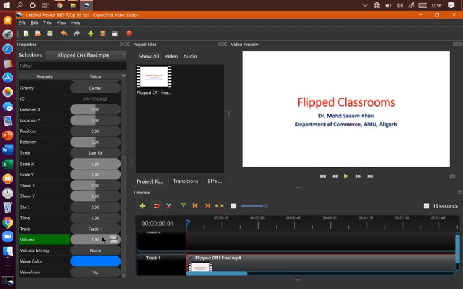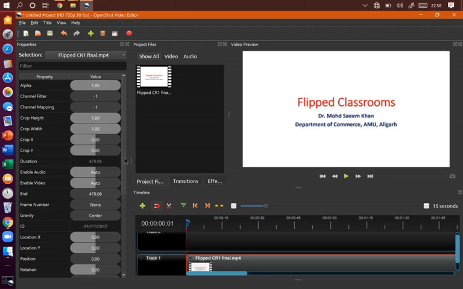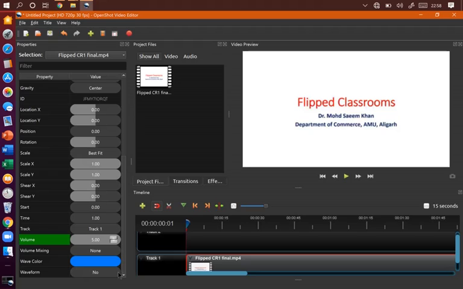You can see it's 1. The volume is 1, so this is the maximum, but you can increase it manually. How you can do that? You just have to enter any number. Say for example 5. So I have entered 5 in this. So now what is the volume? You can see it's 5, right?